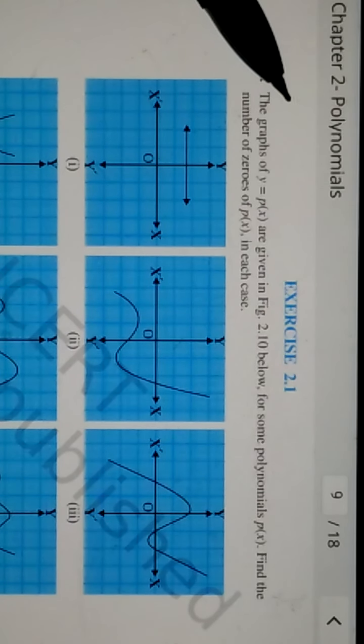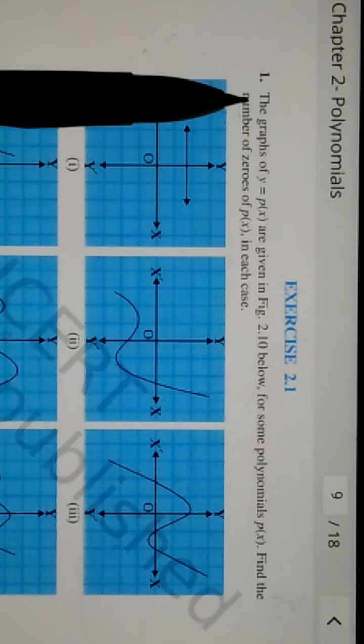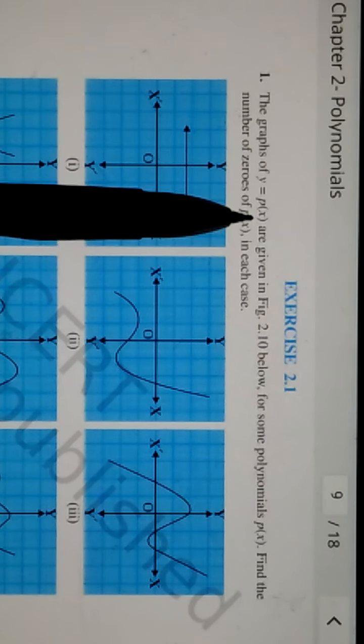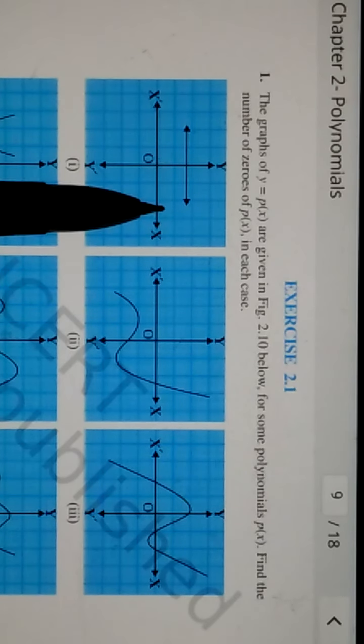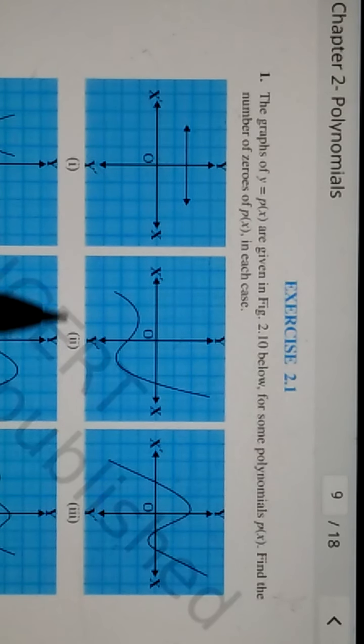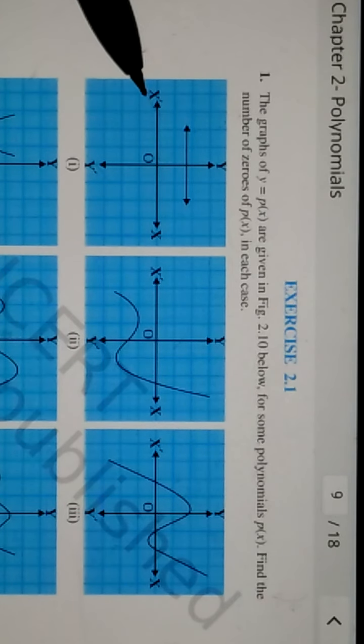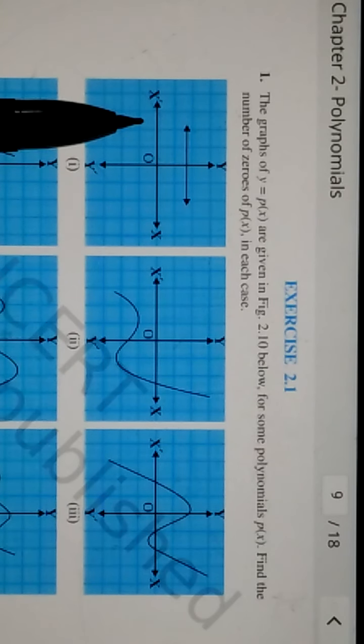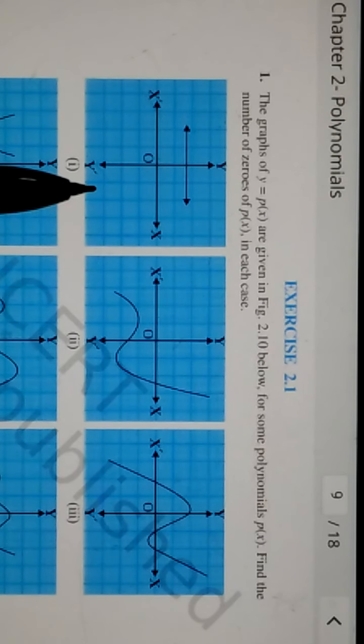Alright, so our first exercise out here is simple. It is based on this fact that we were studying the graph of y is equal to p(x). Okay, so for some value of x, what would be its y? That is how we say is our p(x). So the graphs for y is equal to p(x) are shown here in the figure. You need to find how many zeros will it have. So if you see the first figure here, it is parallel to x-axis, so it will not cut x-axis anywhere anyhow, right? So it has no zero, or it has 0 roots, 0 solutions, that way. All right, so or this would be a constant polynomial. Remember in 9th you must have studied about constant polynomial, the degree being 0.